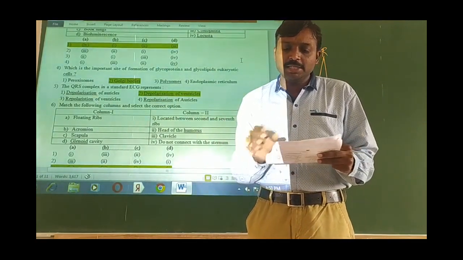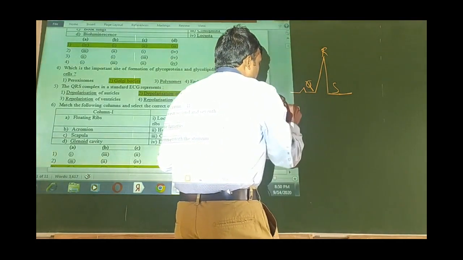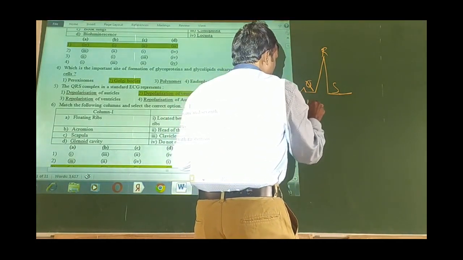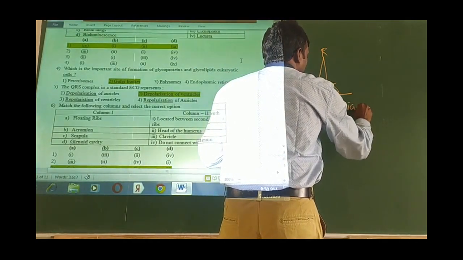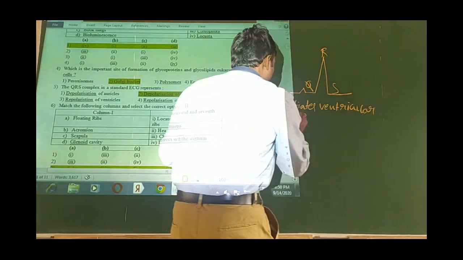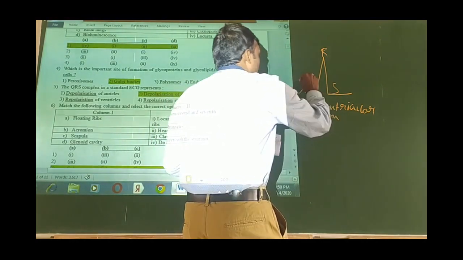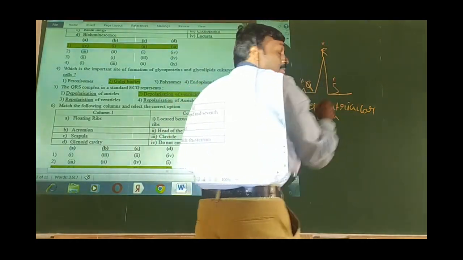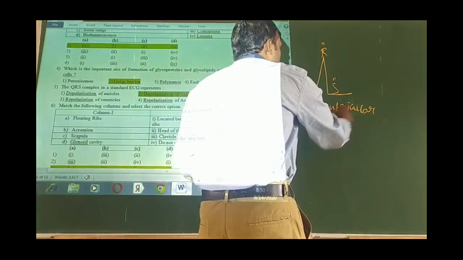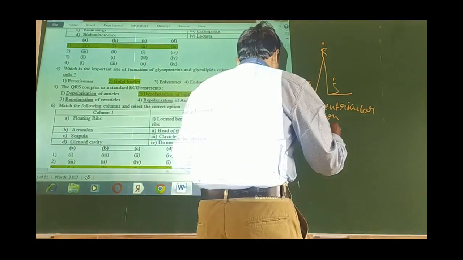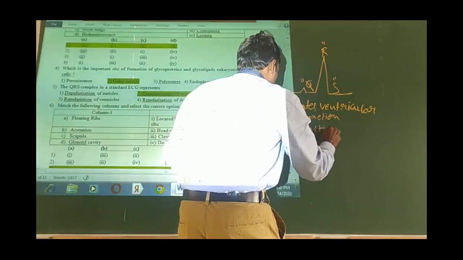Depolarization of ventricles initiates ventricular contraction. How we can observe this QRS complex during ECG is given here. So when contraction starts,